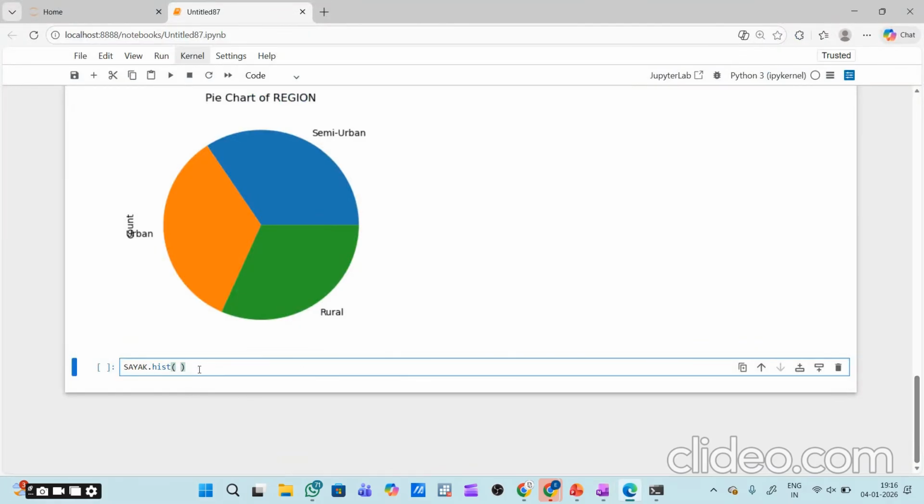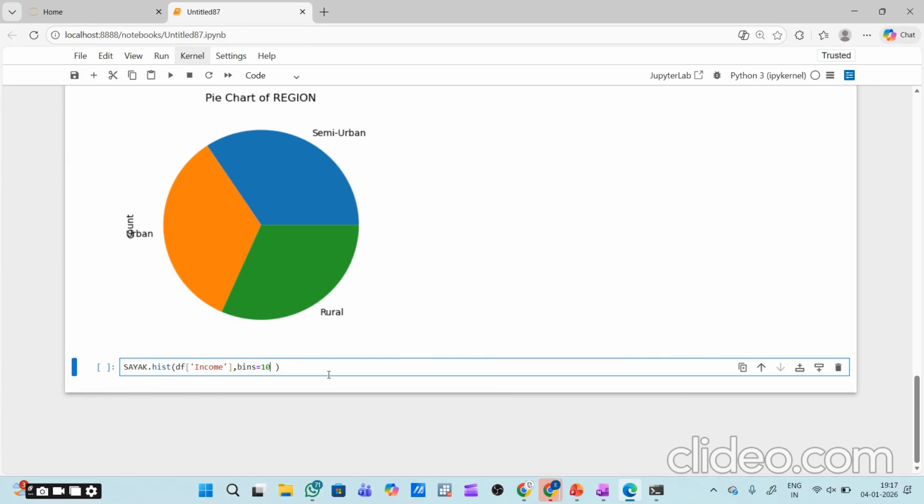So the first thing that I have to mention is the variable name. The variable name is income. So I will just give df. Within the third bracket I have to give income. It should be contained within single quotes, and I have to mention bins. So bins are basically 20. We can give 20 or 10 also or 15 also, whatever you want to give, and you have to execute